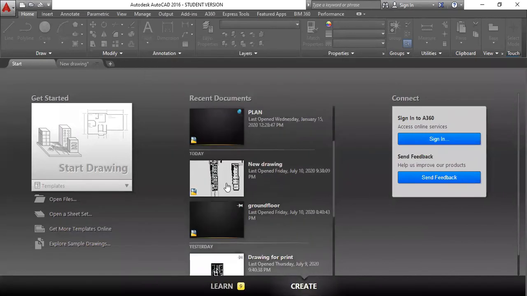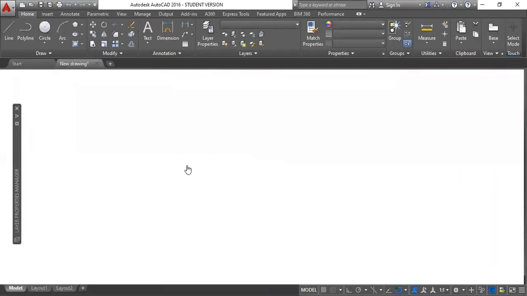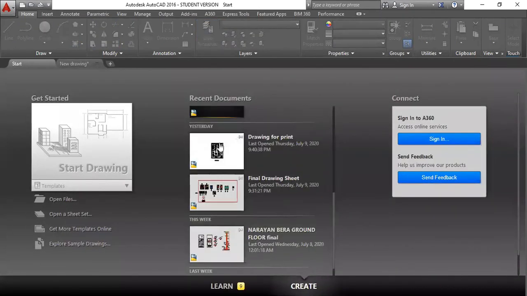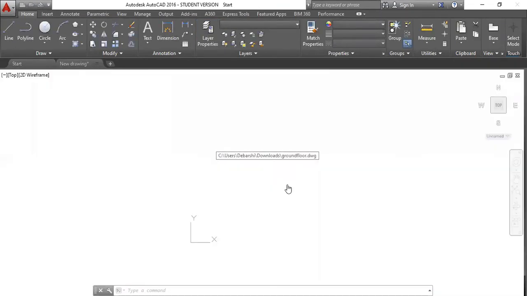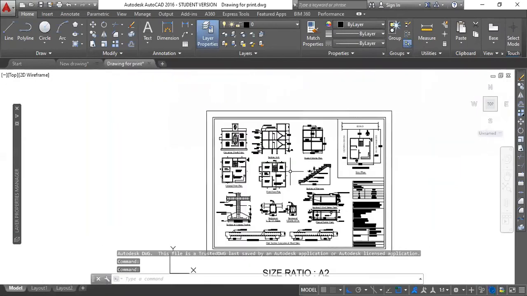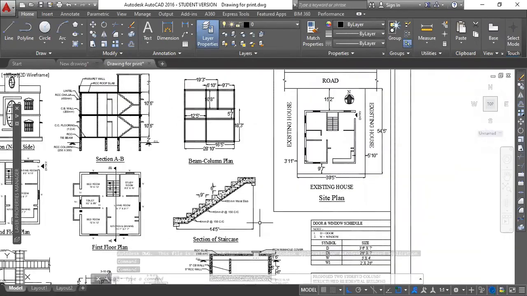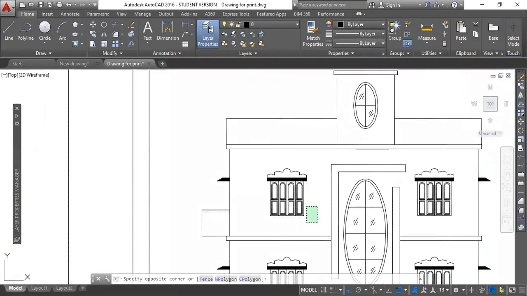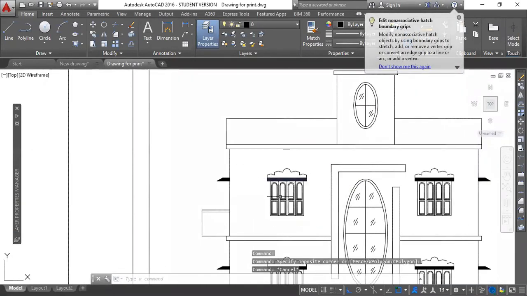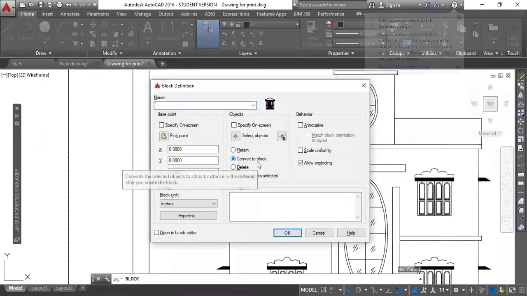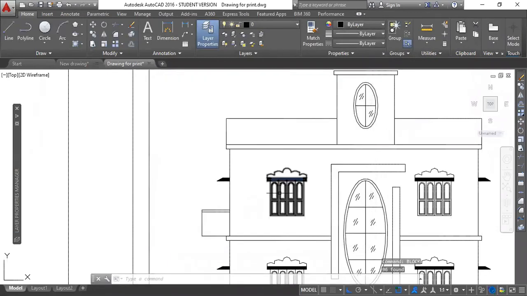Okay, let me just try with something different. The same thing. Let's suppose I want to place this window. Let's suppose this is a window, and this is a template. Just let me block it. So this is basically a template now.